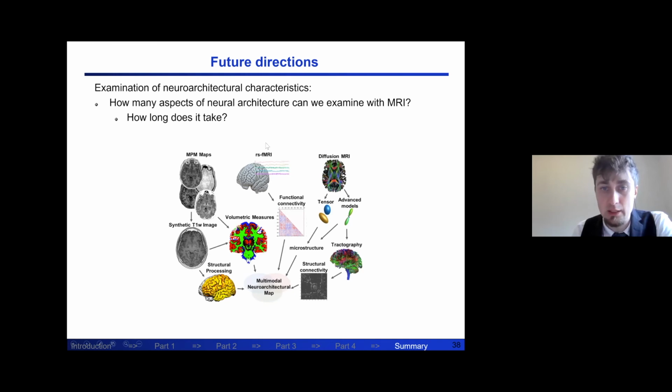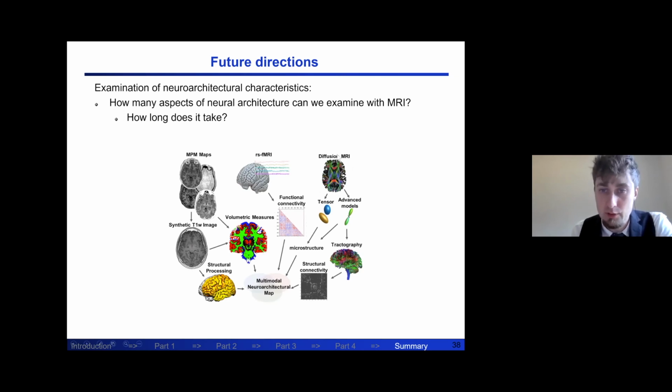We then have a resting state fMRI that allows us to get a functional connectivity matrix. But in addition to that, Chen Song is doing some development on methods to estimate lateral connectivity, which can be quite difficult with the next method that we have, which is diffusion MRI, and other methods indeed as well, because it's these small unmyelinated connections.